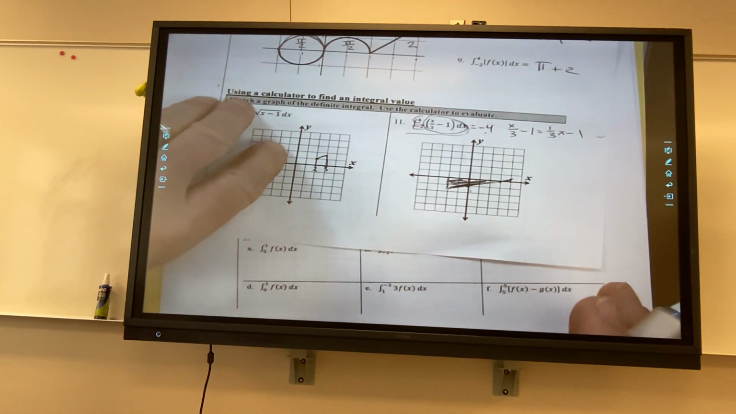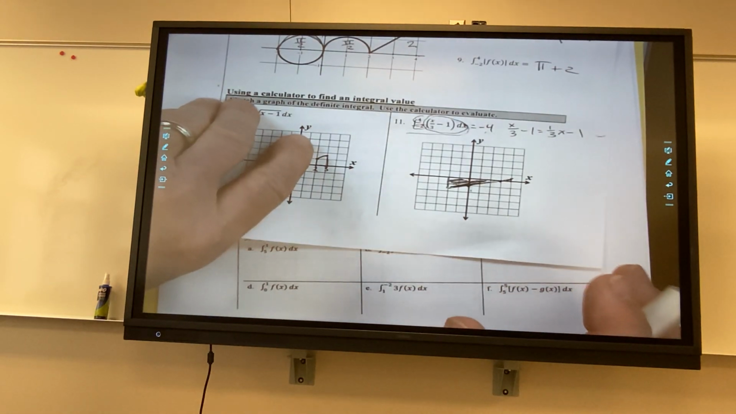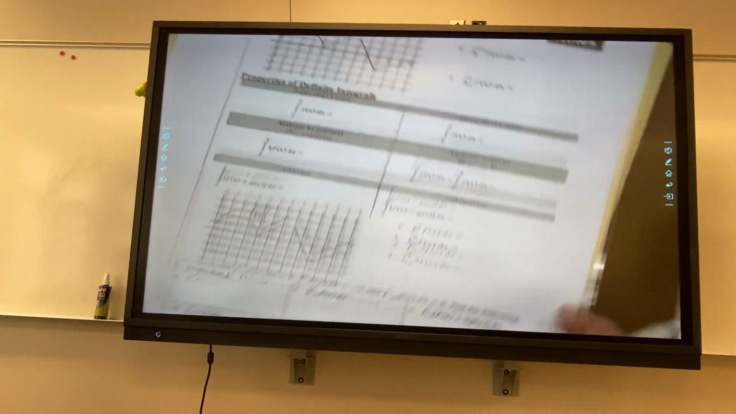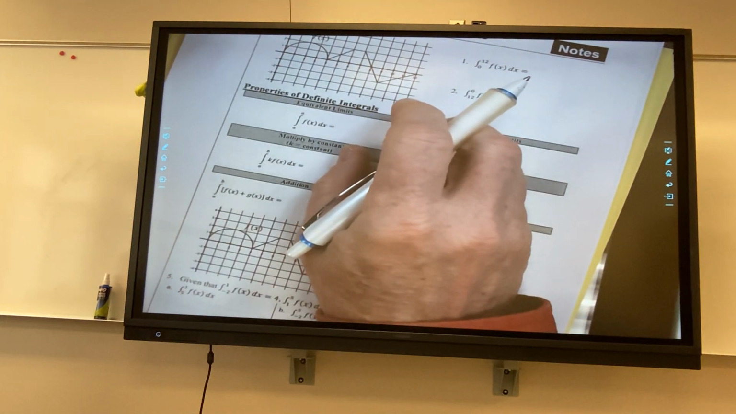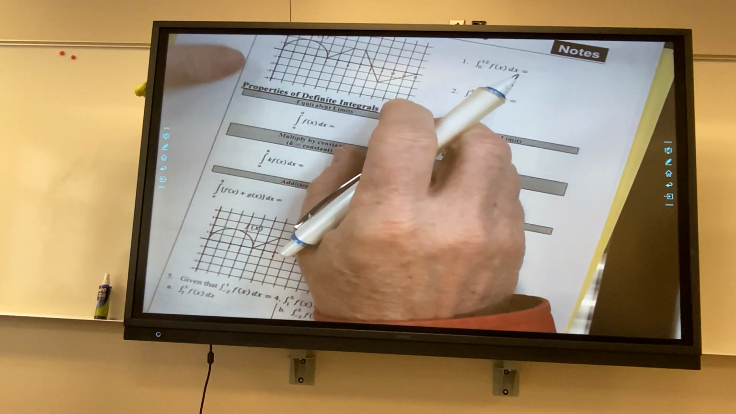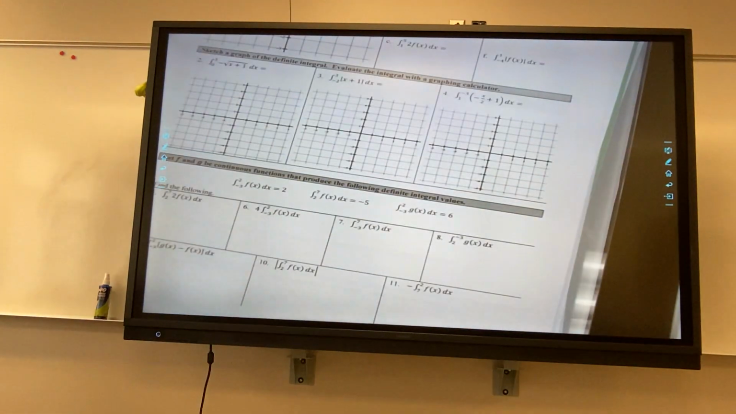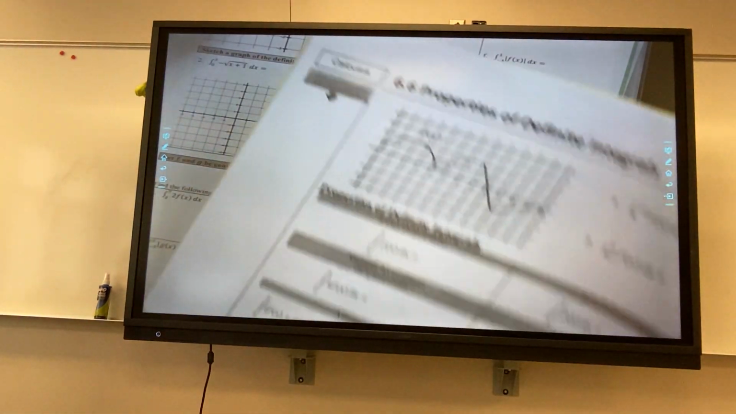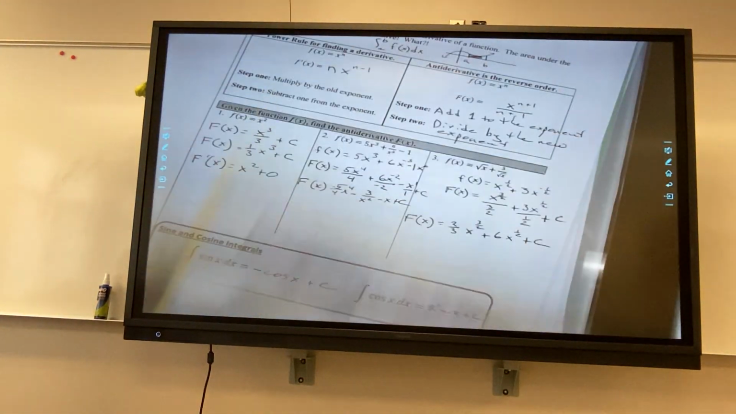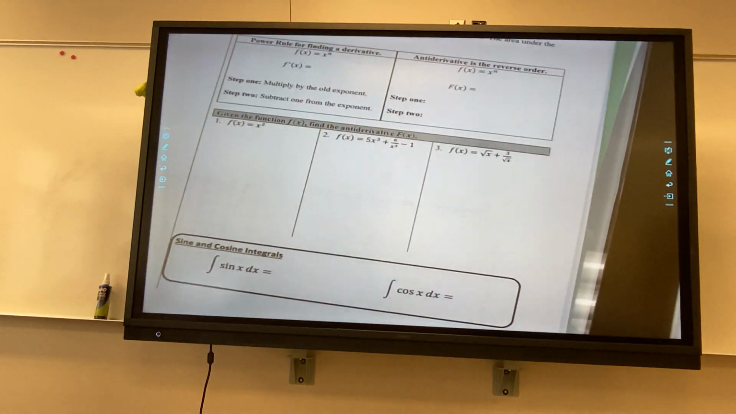Okay, we're moving on to the next section then, which is 6-7, am I correct? Yep. And it looks like this, definite integrals. Okay, you're gonna learn some shortcuts. We're gonna bring in something